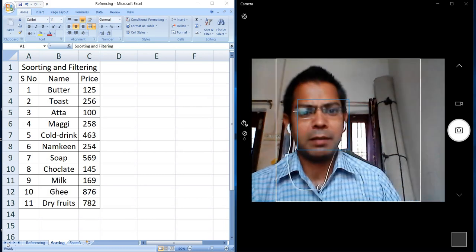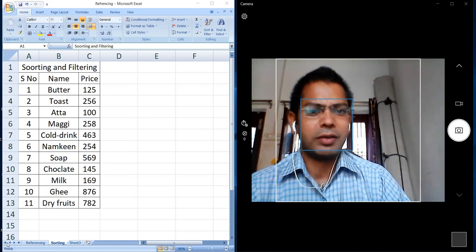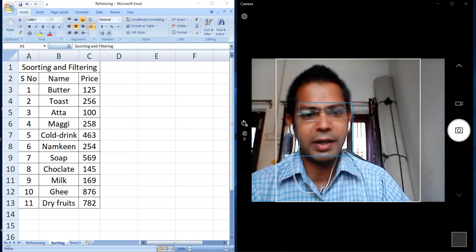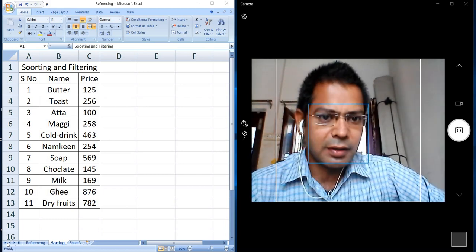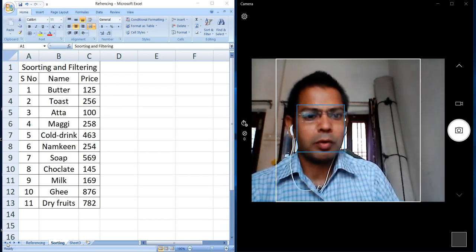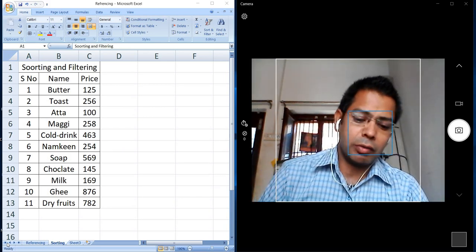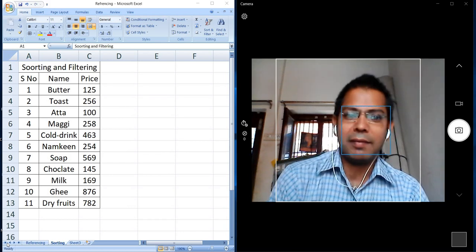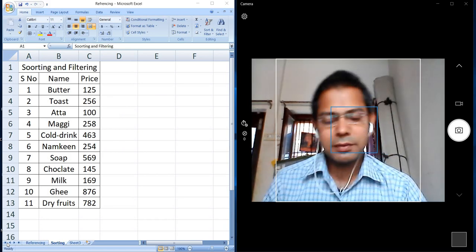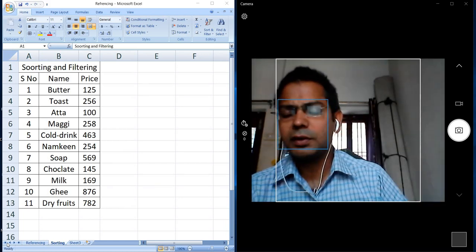Number two is descending, or we can say increasing or decreasing, ascending sort or descending sort. In ascending sorting, the content is sorted from smaller to bigger, lower to upper, or we can say A to Z. When you sort content in descending order, it will be in the form of Z to A, or we can say larger to smaller, bigger to smaller.